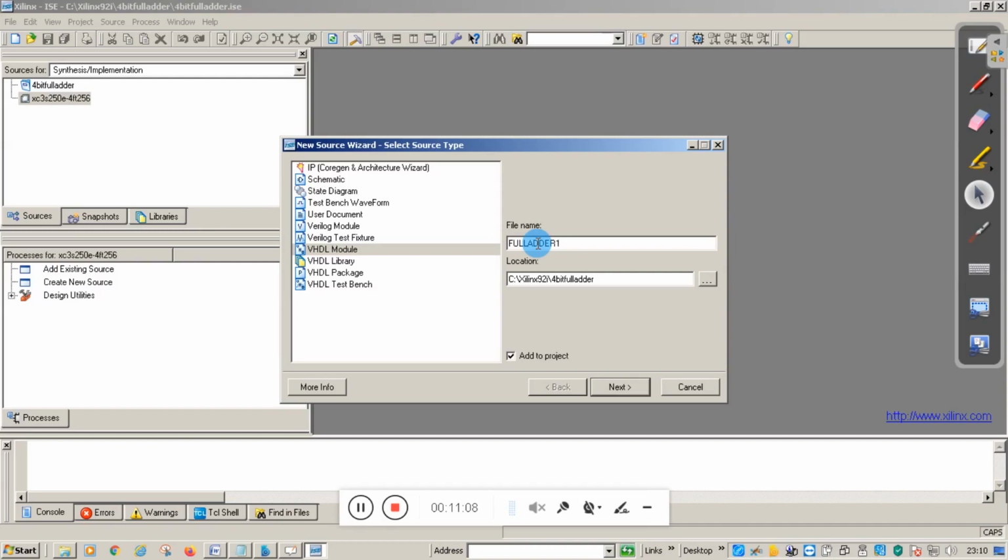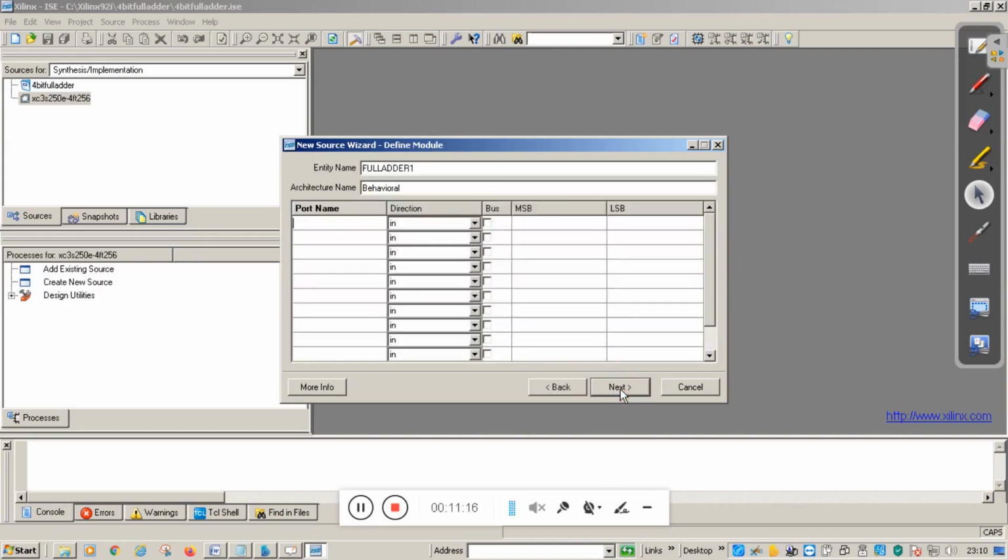You can give any name, but there is some restriction that you cannot use special characters except underscore. And you can set the directory. Click on next. Here you have to mention the input and output. So let me mention the input and output here. That is, input is x, y, comma C in, and our output is